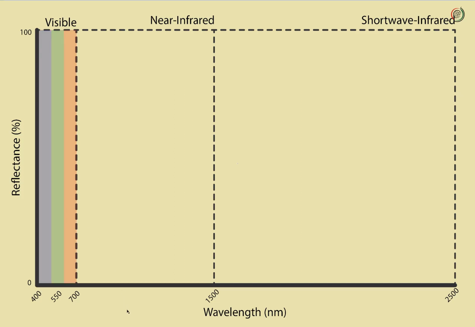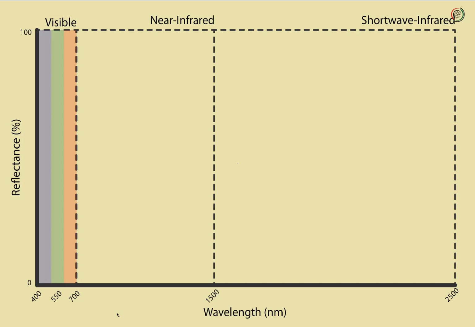We see the wavelengths in the visible spectrum as colors, while all other wavelengths outside of the visible spectrum are invisible to us. For example, the color blue is actually about 400 nanometers, green about 550 nanometers, and red about 700 nanometers. So now that we understand that colors are actually wavelengths within the visible spectrum that we can see,